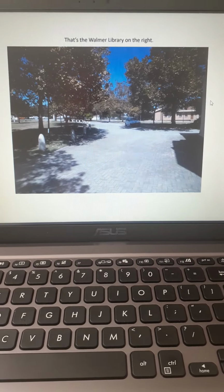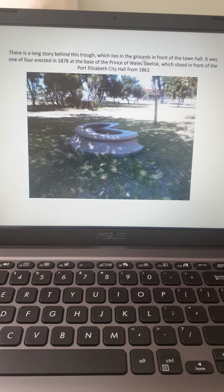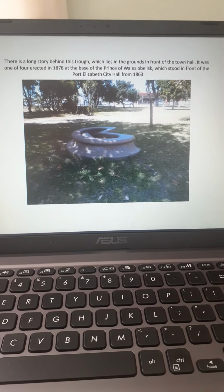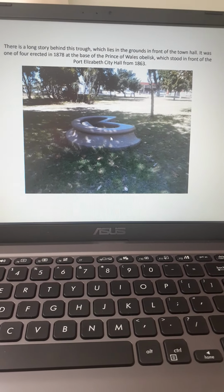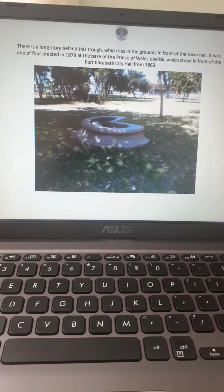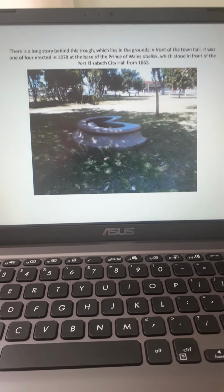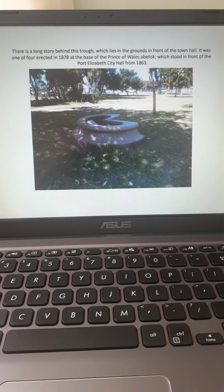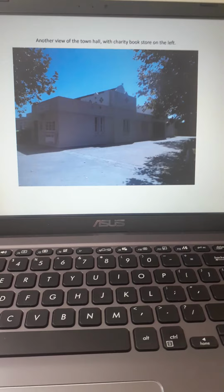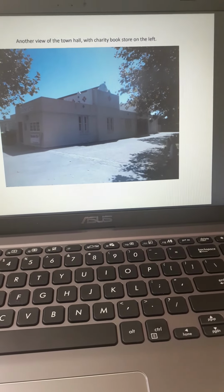And that's the library. And this thing I've subsequently seen has been removed. I don't know to where, but this used to be part of the Prince of Wales obelisk, which we mentioned earlier. It was erected in 1863 in the Market Square, the obelisk, and this was the horse trough. There would have been 4 of these, I think, around the base of the obelisk that Patterson had brought out from the UK for his late colleague Kemp, for his grave in the St. George's Park Cemetery. But his parents didn't want it there, so it went to the Market Square, and this thing somehow landed up here for a while. So there's a bit of a view of the